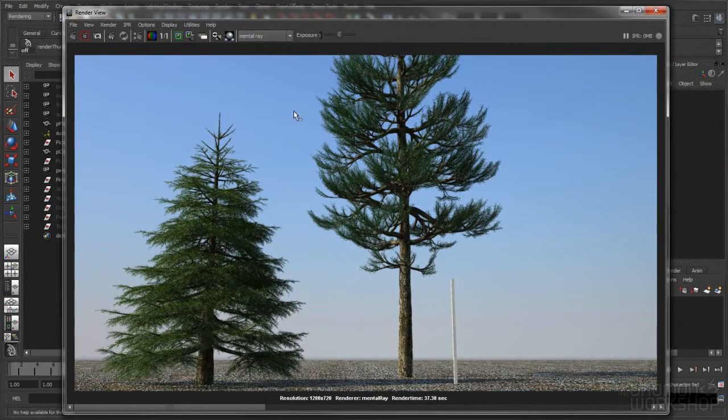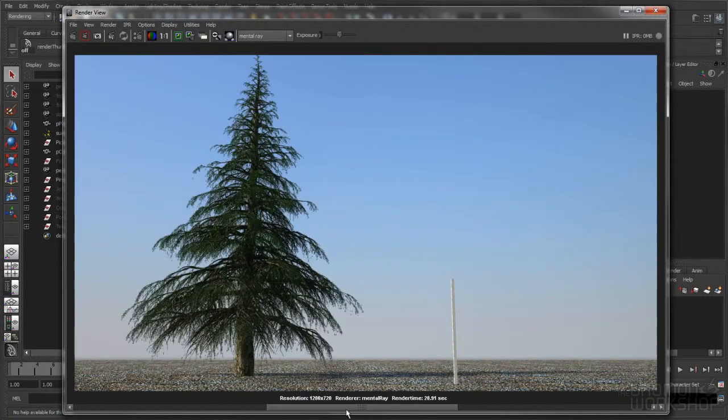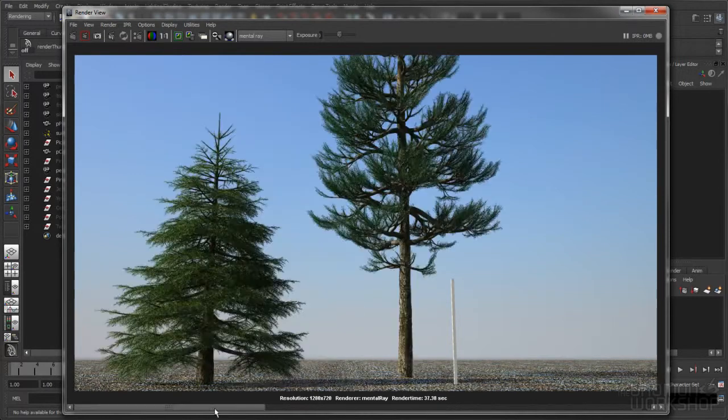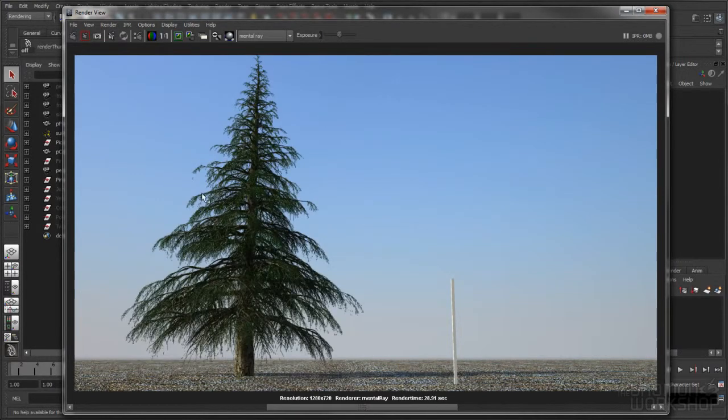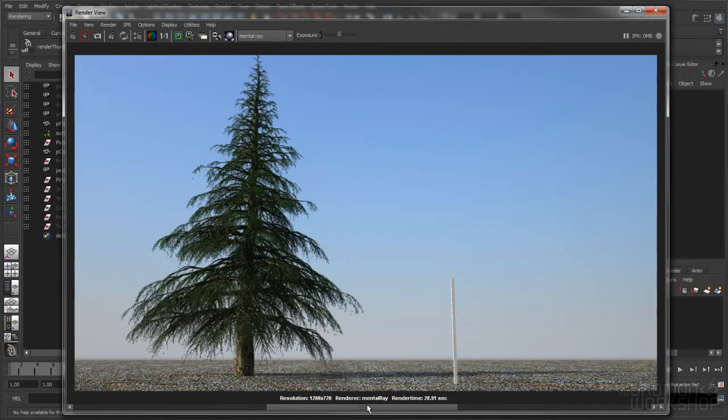So these are the two trees that we're looking at right now, and I also have a couple other trees in this scene. With these you can see just the generic bark shader, and we can see that they look pretty cool. I really like this one. This is a really cool organic look to the way all the branches are growing off. And creating a pine tree, or any of these, with paint effects would be really difficult, just because, as we talked about in the paint effects DVD where we did pine trees,